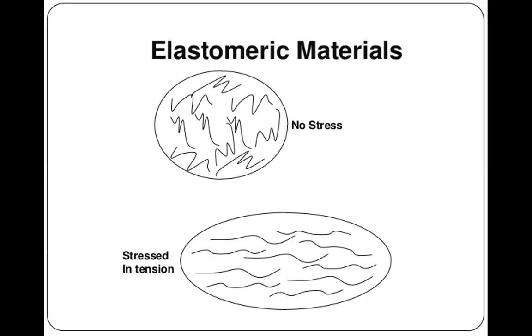Temporary deformation in the structure on applying some stress is more than 600 percent. When stress is applied, the polymer chains get partially aligned with respect to one another, thereby causing crystallization, which makes the polymer stiff. On releasing the stress, the chains revert to their original coiled state. The elasticity of the rubber is due to its coiled helix structure. So this is the structure of the elastomeric property.